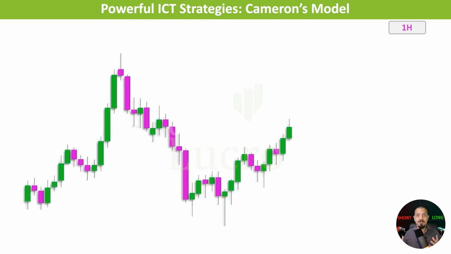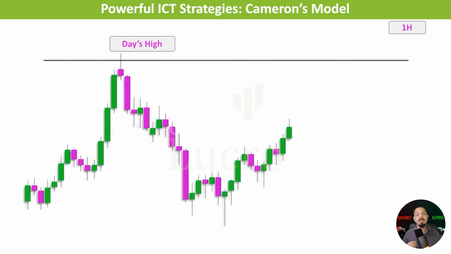As you can see here in this example, we have this swing high on the hourly chart and price is drawing up toward it. We can anticipate price reaching this high because that is where liquidity exists. If you cannot find any clear draw on liquidity on the 1 hour, you can zoom in to the 15-minute chart. The next step is identifying a stop rate in the opposite direction of our draw on liquidity on the